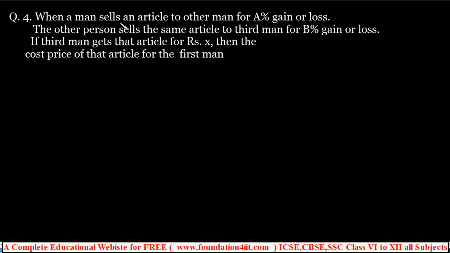When a man sells an article to another man for a% gain, and the other man sells the same article to a third man for b% gain or loss, if the third person gets the article for rupees x, then the cost price of the article for the first man is x by a dash into b dash. We'll tell you what a dash and b dash are, because a% gain or loss and b% gain or loss, where